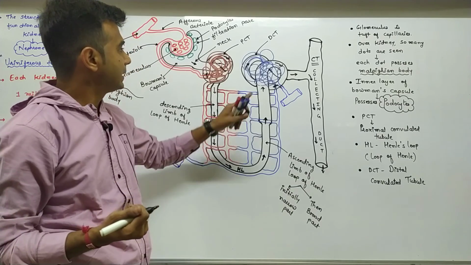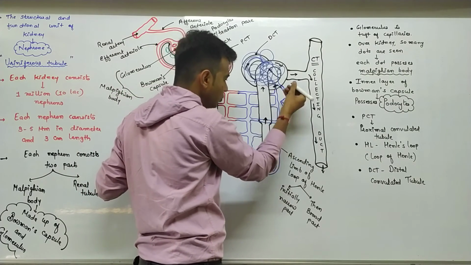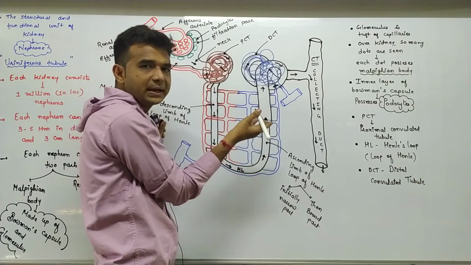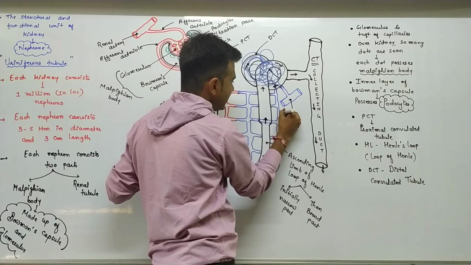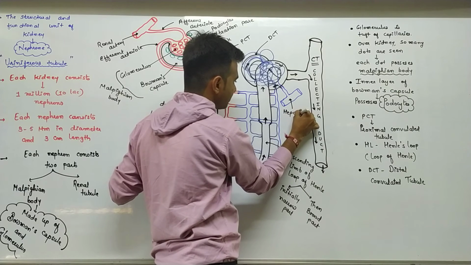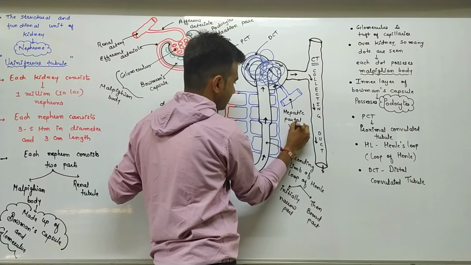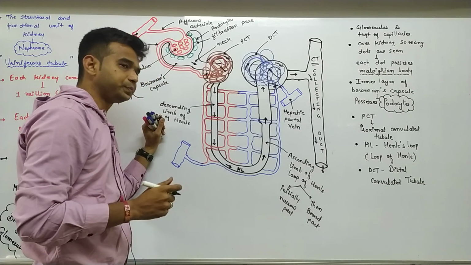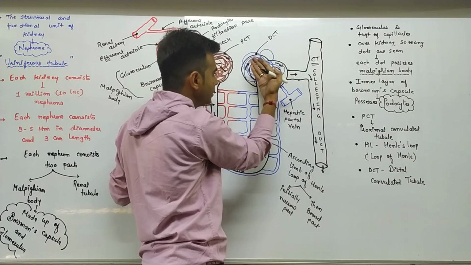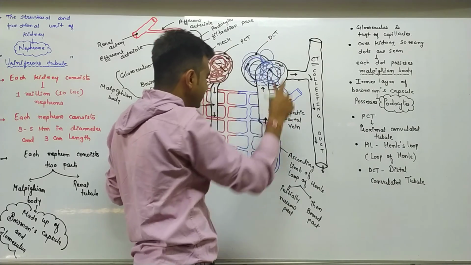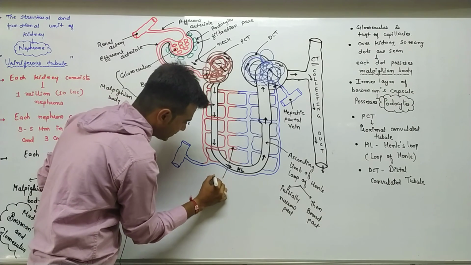Nearer to the distal convoluted tubule, one duct is there. Yes, this is the vein, blue color I have drawn. So obviously it is the vein, right? It is the specialized vein known as hepatic portal vein. Now, the hepatic portal vein carries the blood towards the distal convoluted tubule and then down to this network of capillary. This is known as the capillary network.